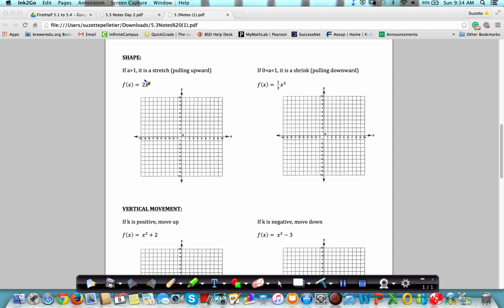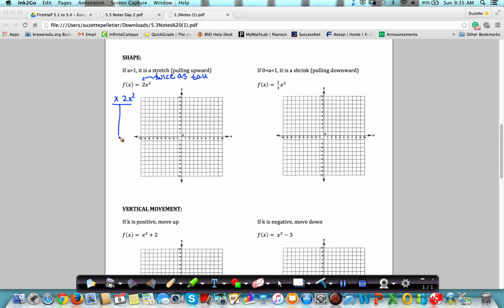So if a is greater than 1, like in this case, a is greater than 1, we're pulling it upward. So it's twice as tall as it was before. So we're going to just plot some points just to see what happens when we do